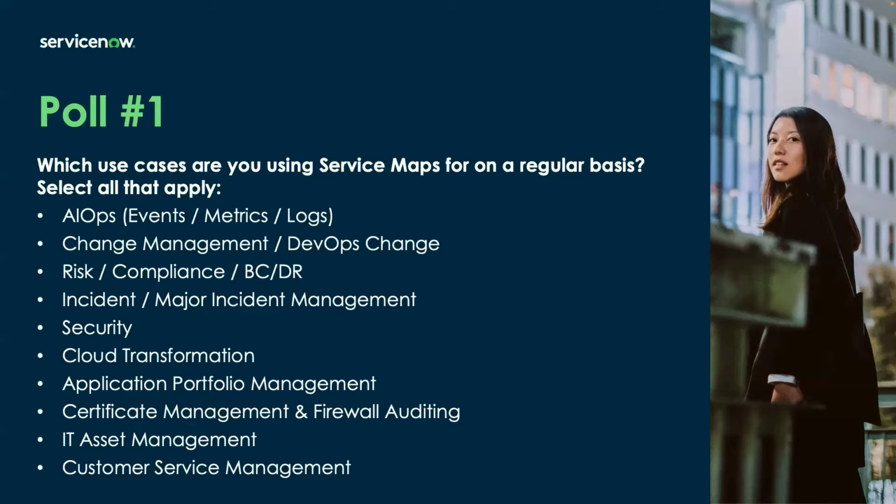So what we see here is our top ones are incident management with major incident management, and change management. Those are the top 2, which I would expect for the ITSM audience here. But we also have AI Ops pretty popularly used, as well as IT asset management. So thanks for that. Stop sharing the results